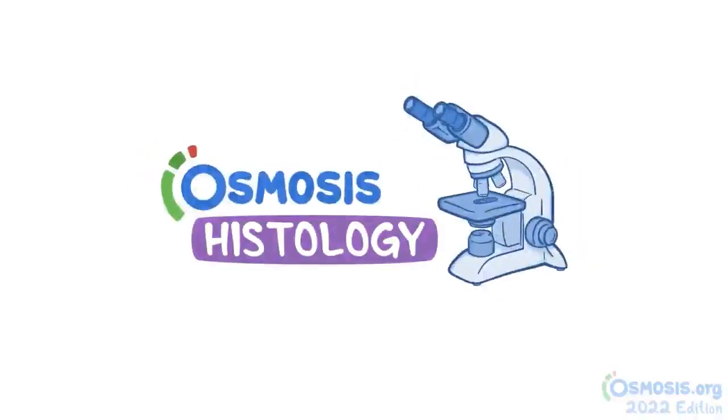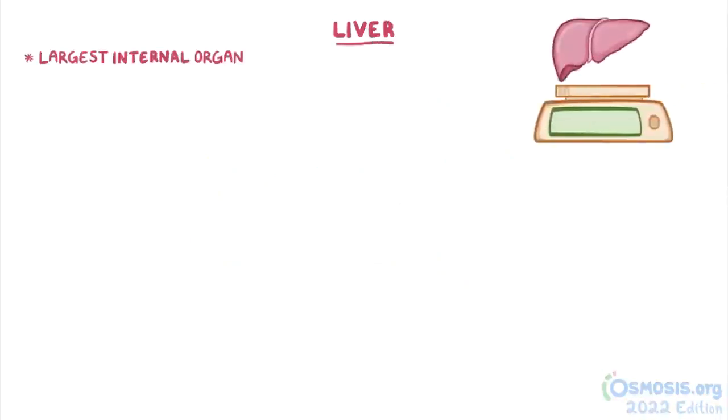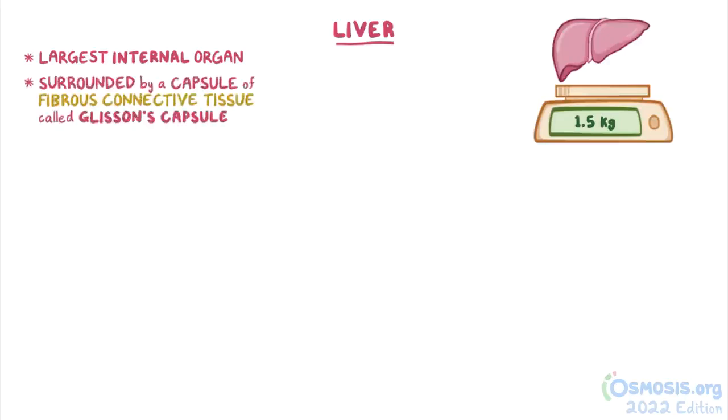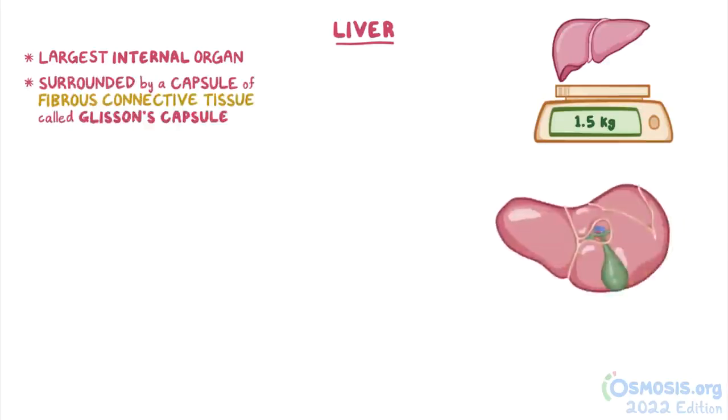Now, let's get a closer look. The liver is the largest internal organ in the body, and it weighs about 1.5 kilograms. It's surrounded by a capsule of fibrous connective tissue called Glisson's capsule. If we look at the liver from an inferior view, which is a view from the bottom of the liver,